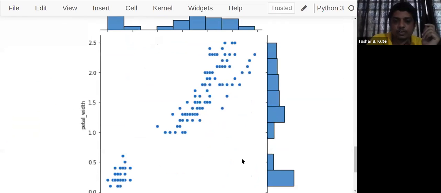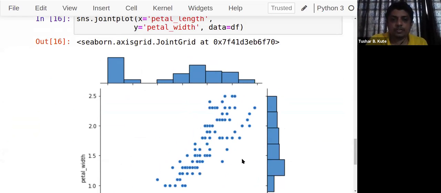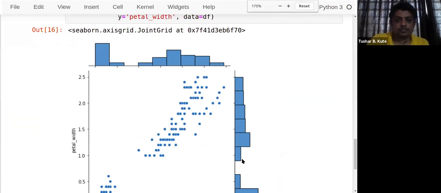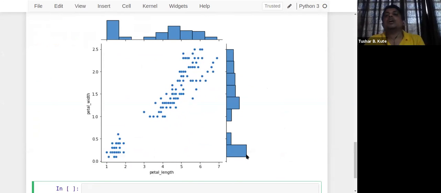Somewhat interesting. Just decrease the size of it. You can see this. A joint plot is the combination of a histogram and a scatter plot. At the actual plane, we can see it's a scatter plot. Here on the x-axis we have the petal length, on the y-axis we have petal width. And we can see the distribution of their data here. Complete group elements are there. Maybe this class is completely separated. Maybe we will see that also.